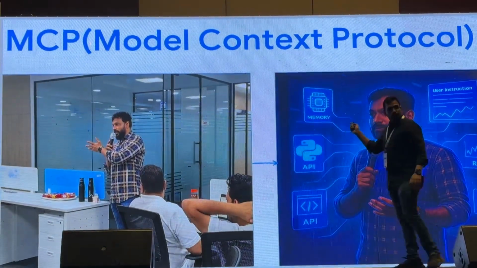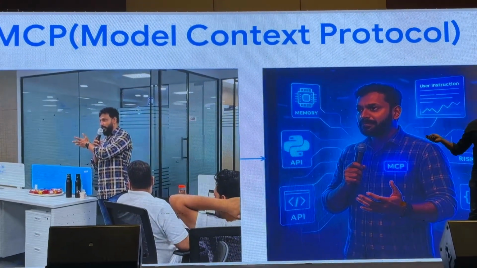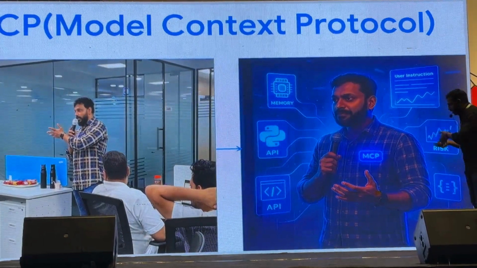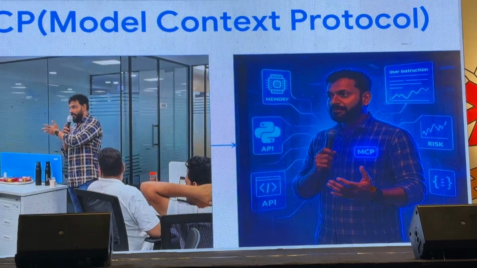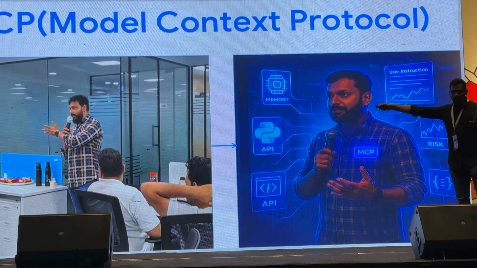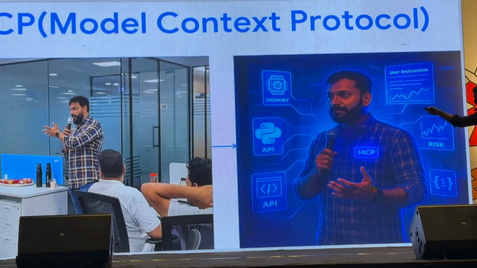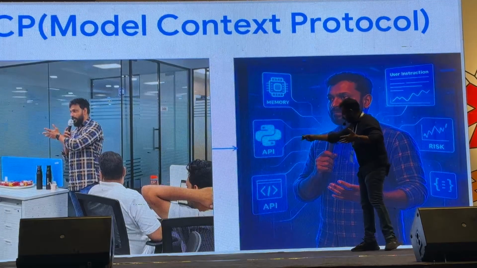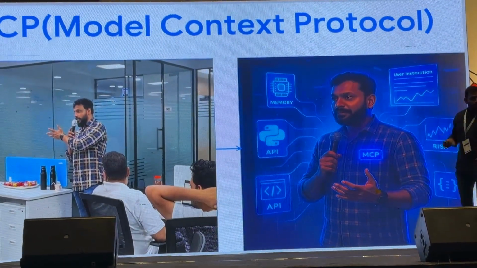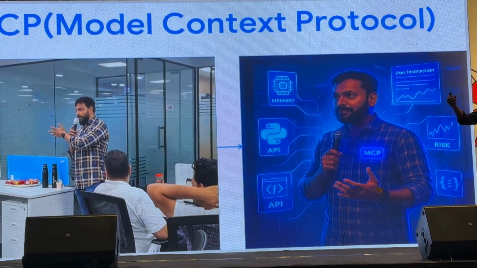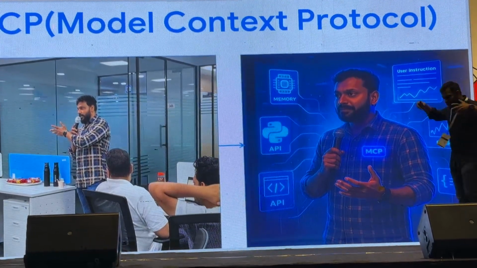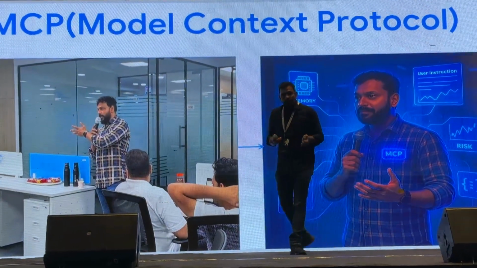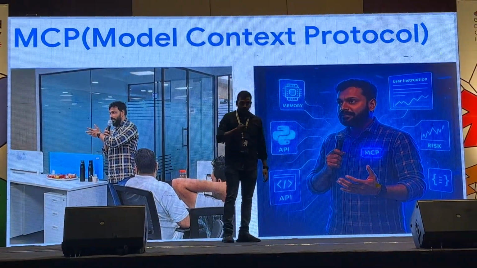In the same image on the right side, it's the same agent, but slightly enhanced with MCP, which gives me access to external context. For example, you have access to APIs, to memory, and to user interaction. So you've got superpowers here, right? You can easily work on any sort of complex task when you have these capabilities. That's what MCP does on a high level in real time.